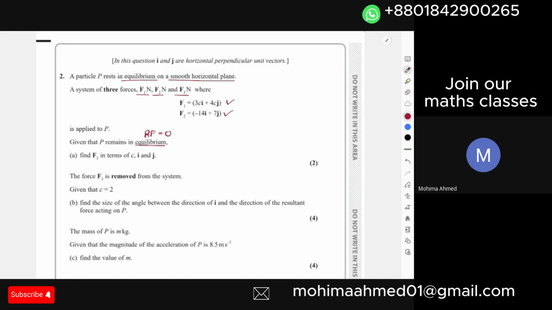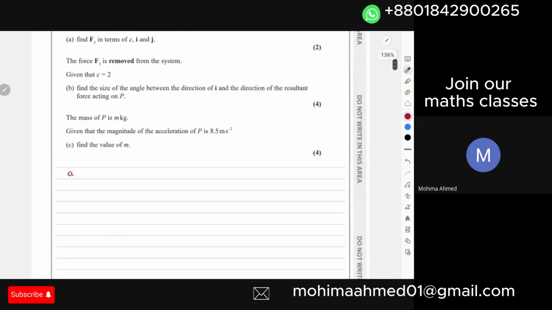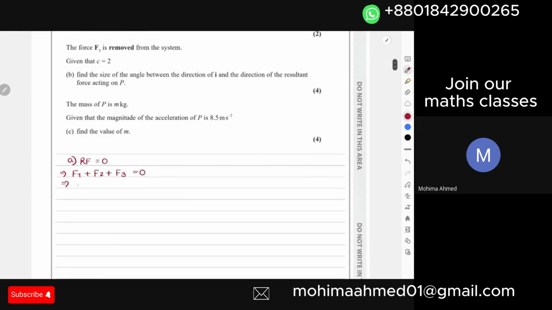Over here you just have to consider that if the object is in equilibrium, part A, obviously the resultant force is equal to 0, and F1 plus F2 plus F3 is equal to 0. In that case, you just have to make F3 the subject. So it will be minus F1 minus F2, which is, by the way,